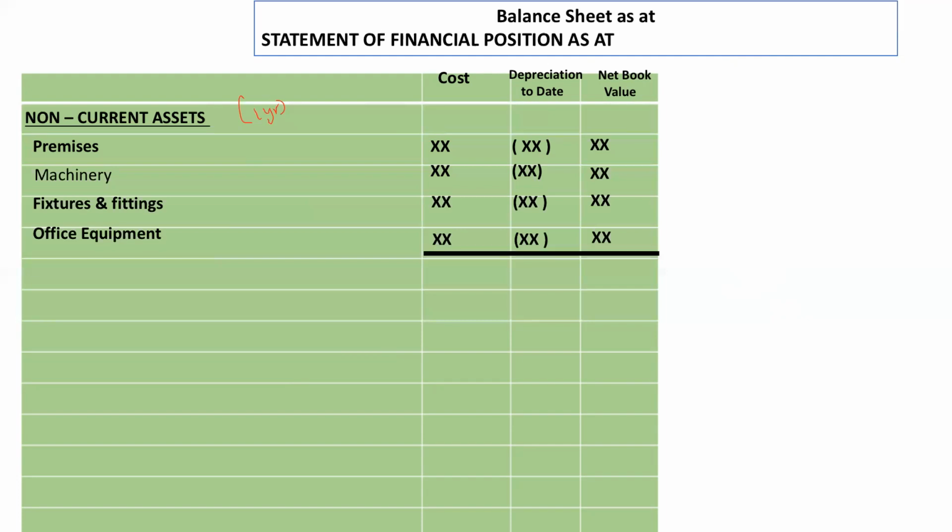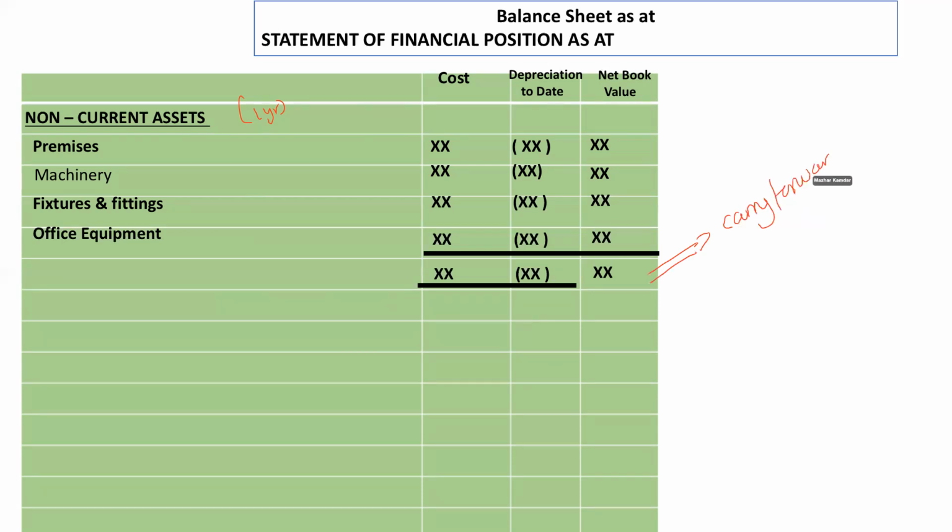Now you do the total of the cost, whatever is there, you record it. You do the total of the depreciations. It is called provision for depreciation. That means all the totals of the depreciation go into an account which is the provision for depreciation account. And the total cost minus total depreciation to date should give you the net book value of the assets which lies with you on that date. Here we will close our two columns of the costs and depreciation to date. And this will be the column that we will carry forward.